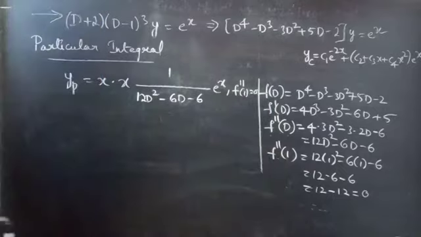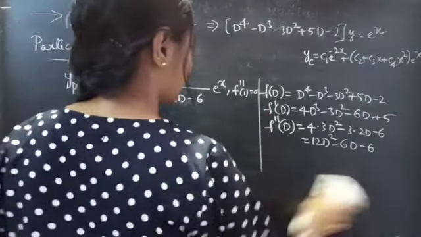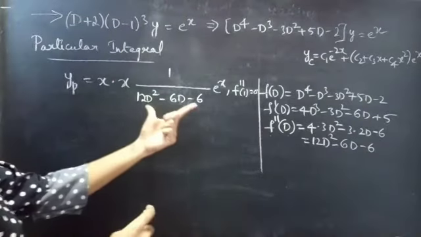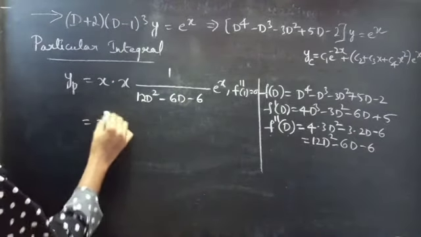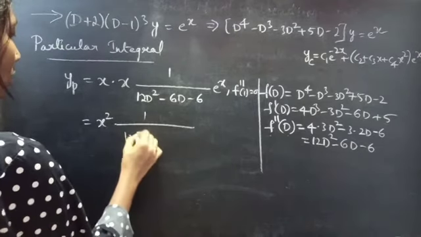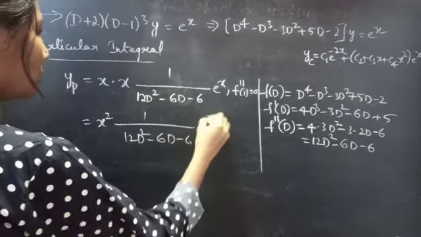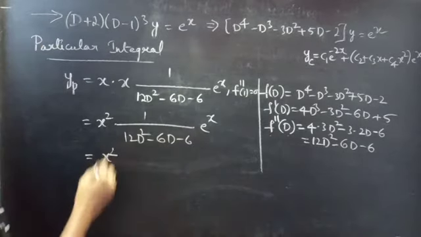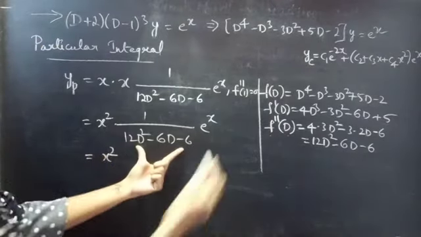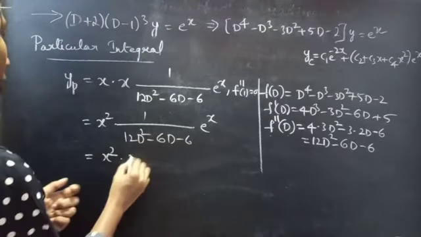So we'll again find the derivative of this. So write x square into 1 by 12D square minus 6D minus 6 into e power x. Now since f double dash of 1 equals 0, we'll write x into